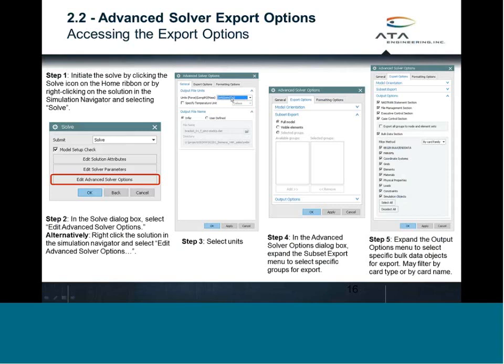And where this is extremely useful is it's nice to think that everyone works in the same unit system, but oftentimes you get a request from a customer or a colleague and they want your finite element model in a different system of units. And NX makes it very easy to just change this option right before you export the model, transform the model into those units, and then you can pass that on to your colleague or your customer